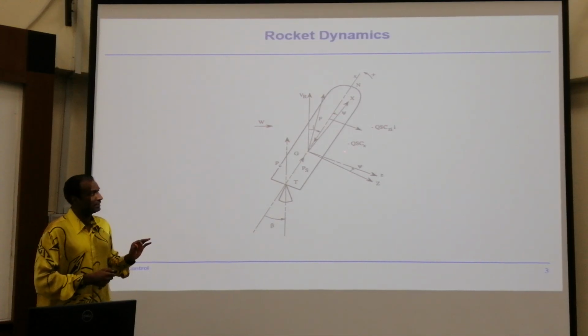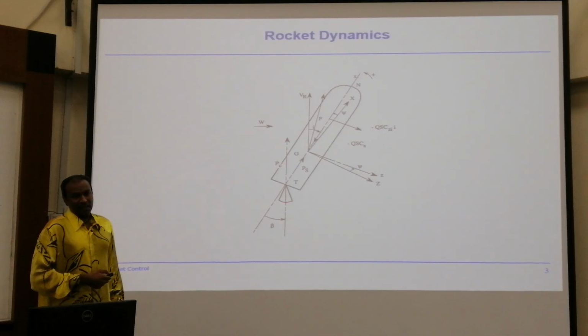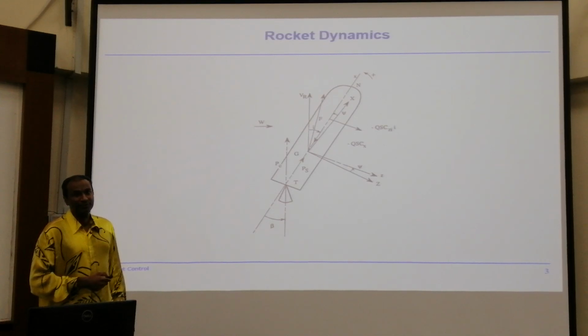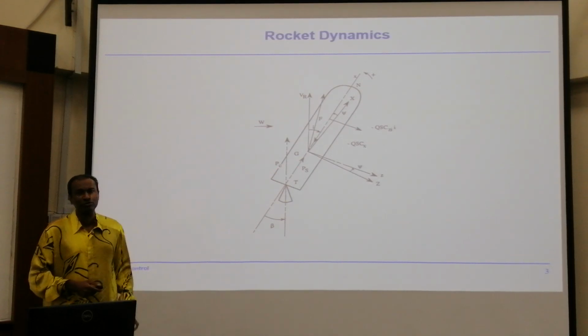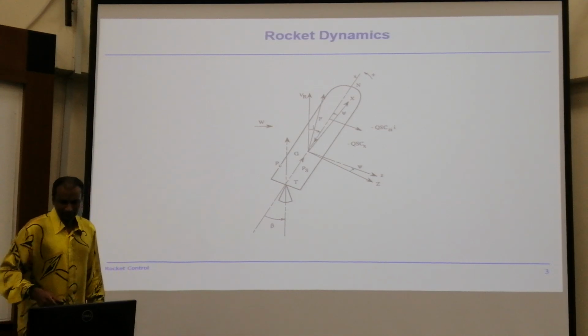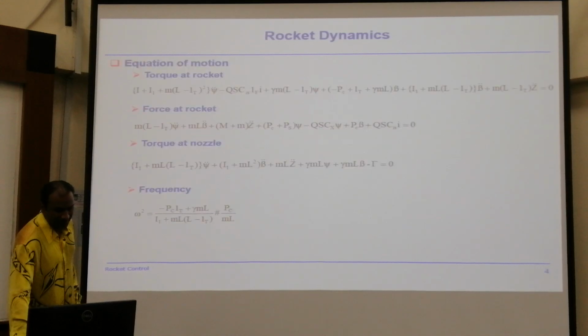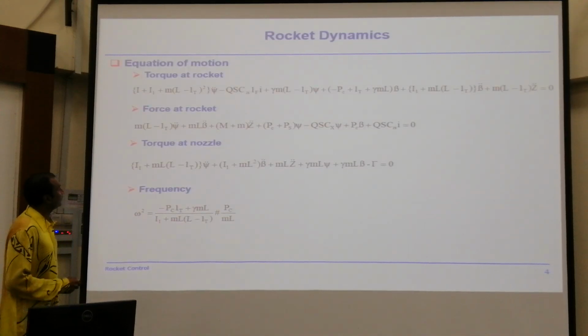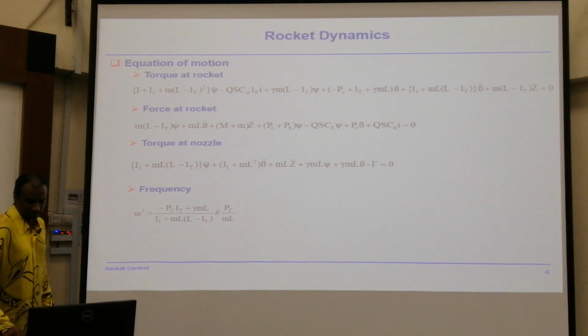More importantly, if you look at it, it is practically the thrust vectoring. Okay? If you want to send a missile, let's say, to hit down an aircraft, then this thrust vectoring and basically the attitude, because of the precision, is extremely important. Right? So, as I mentioned just now, there are 2 major quantities that you want to have. First is the equation, as I said, torque. The torque equation at the rocket means